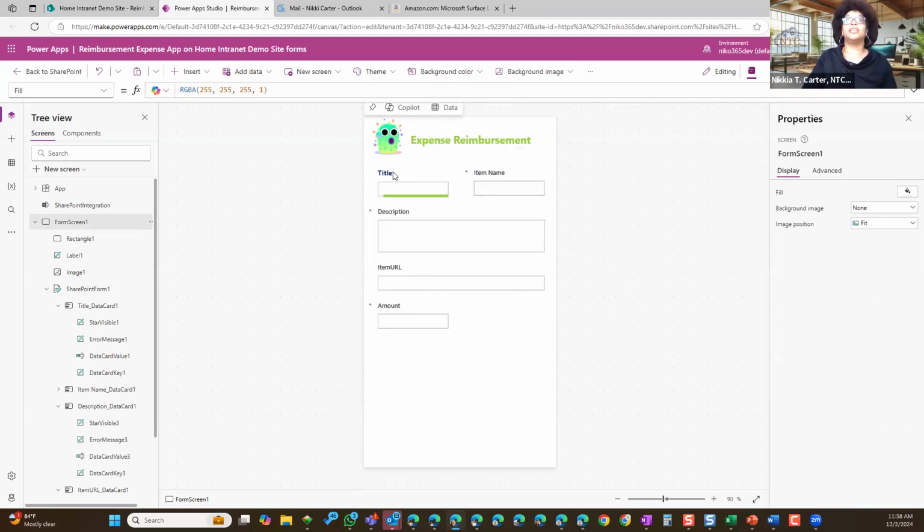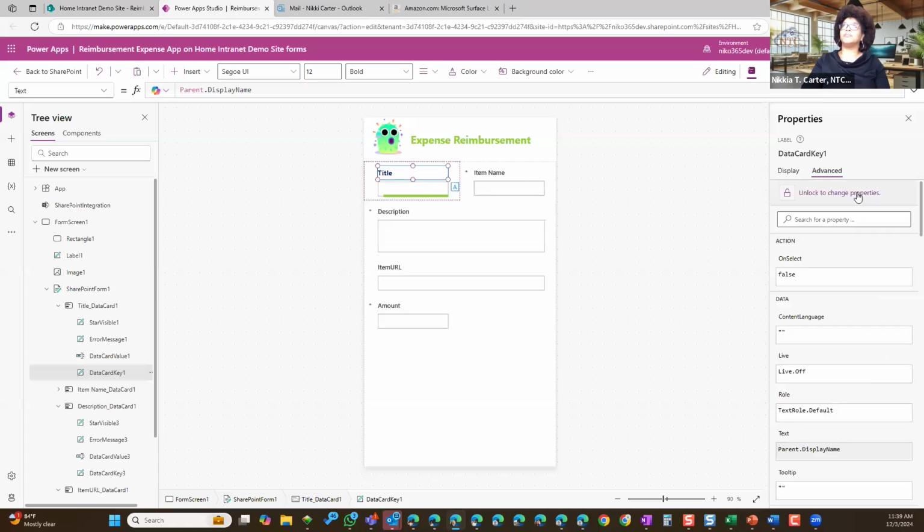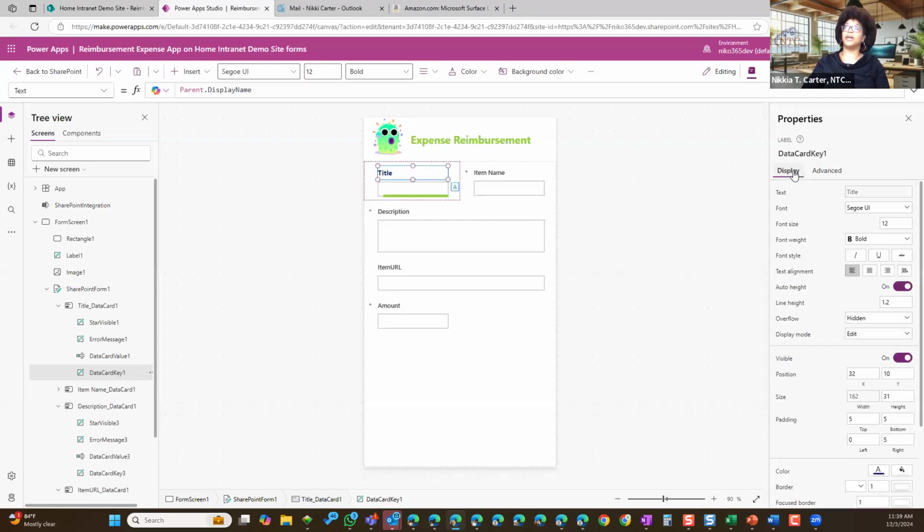But I'm going to leave it here except to change the title, actually. So for changing the label on a card that's already here, if I click on it, you see the text. So I could change it here, but I can't because there's a lock symbol here. So I have to unlock it. Once I click on the lock, it'll take me to the place where I click to unlock it, which is on the advanced panel. So I click unlock and I go back to the display. And now I can actually make the changes up here.